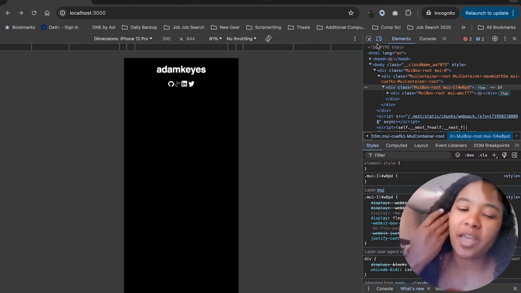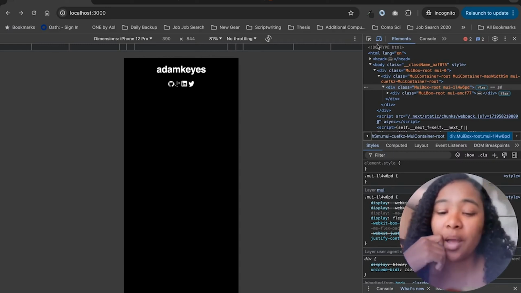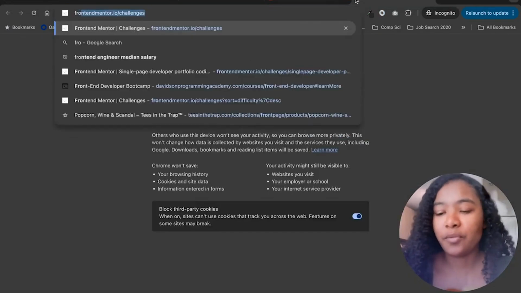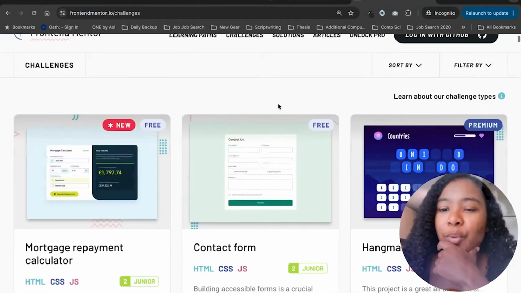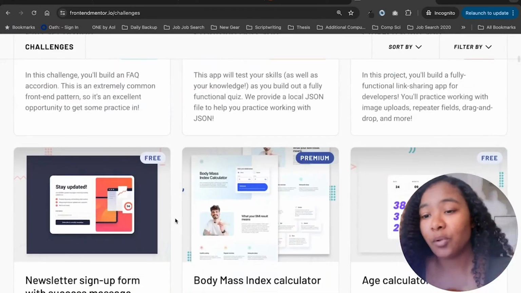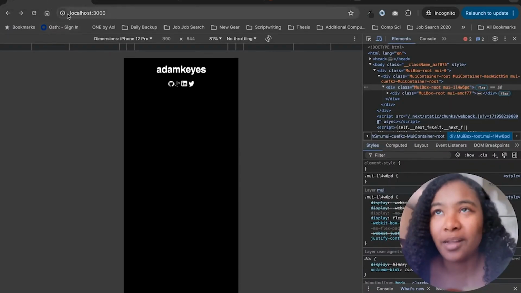Question, can you use side-by-side split screen for efficient switching? Am I also the one designing the websites? So I'm not the one designing the websites. The websites are designed by Front-End Mentor. So if you do want to check them out, they have some free designs you can use and also some premium designs. And yes, I will do split screen